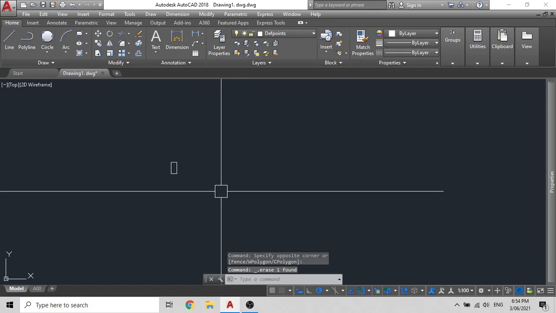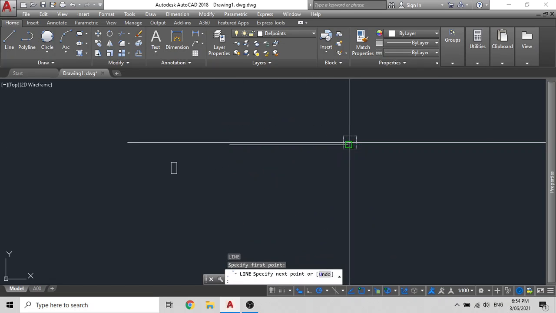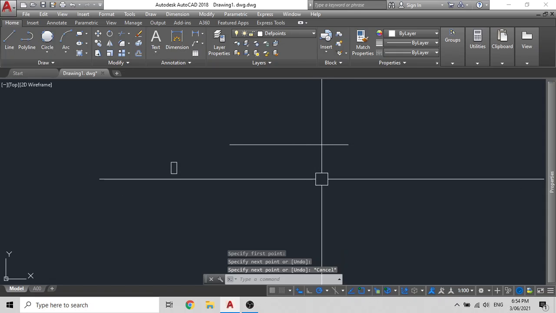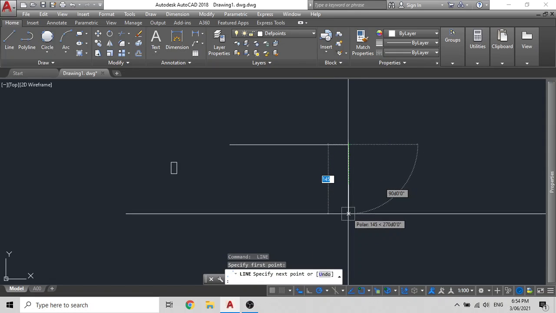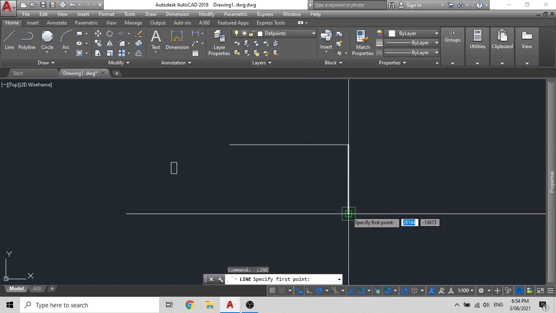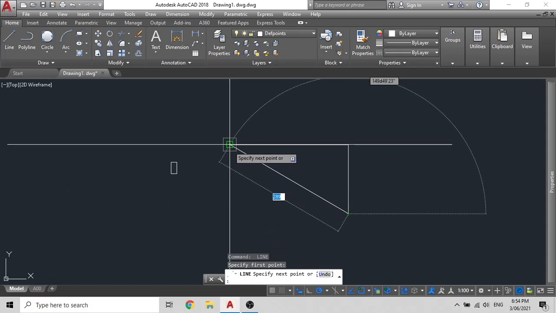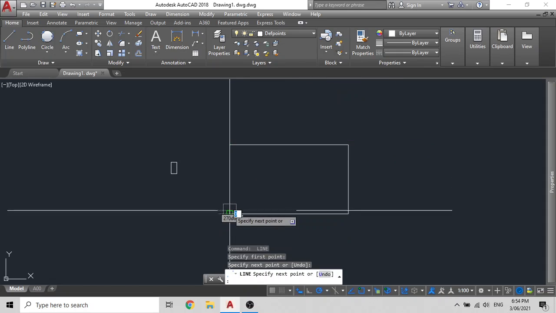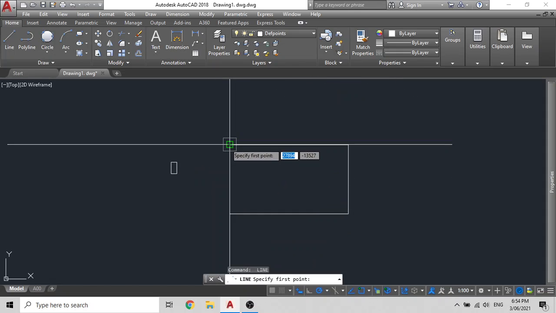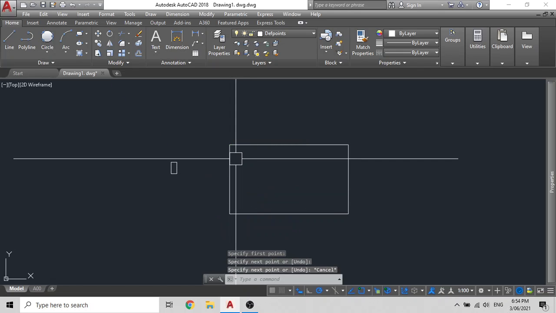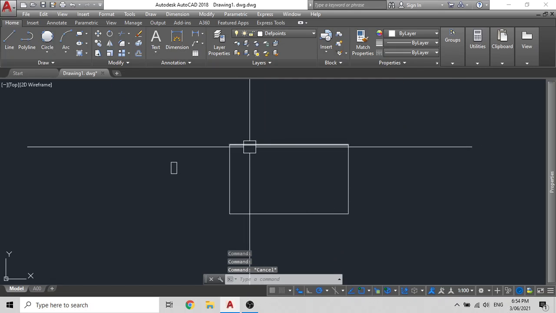The next is a join option. You can use this option with a line only, not with a polyline. So let me show you. First, you draw your line. When you draw your line, it does not create jointed corners, especially if you're using separate lines like so. So as you can see that these are separate lines.